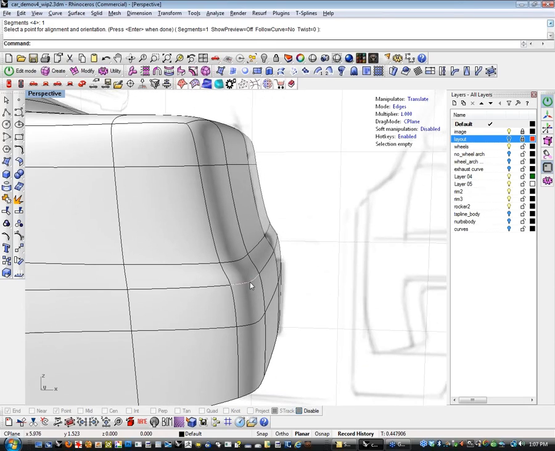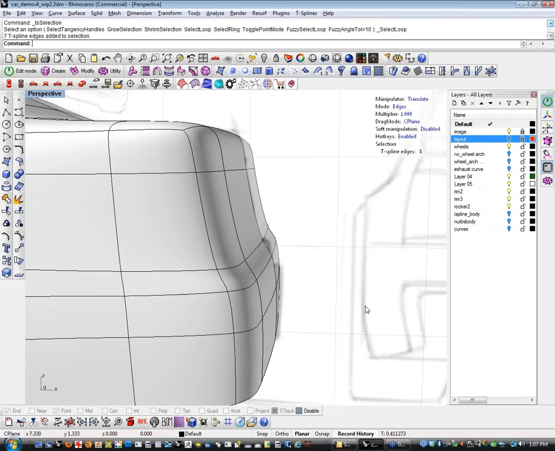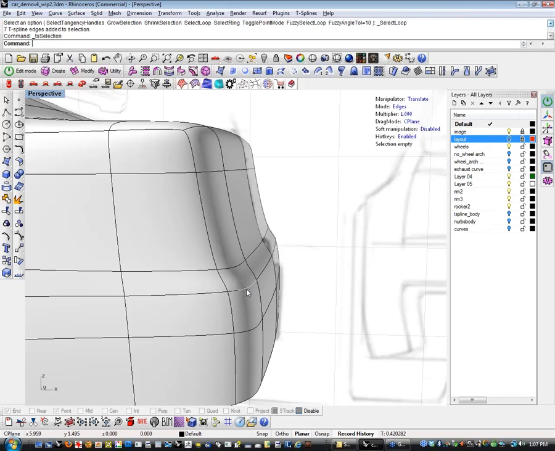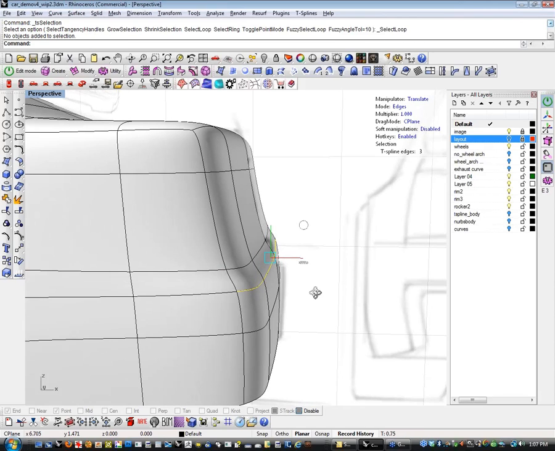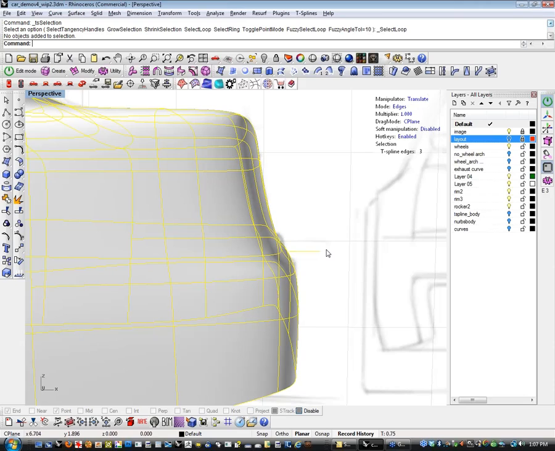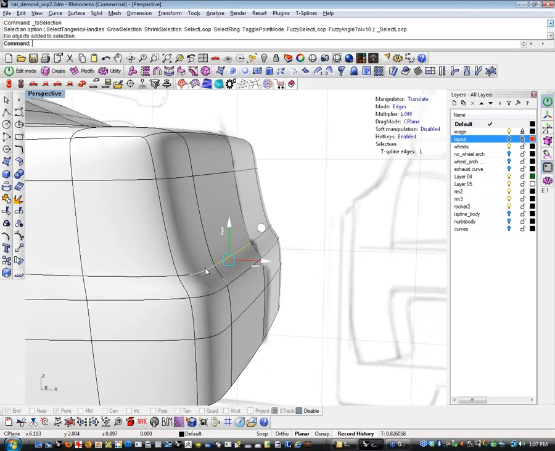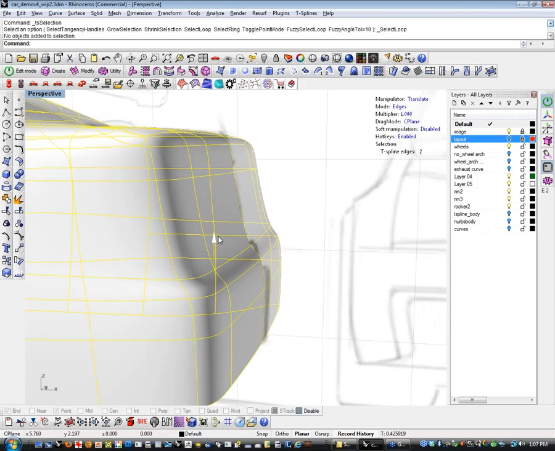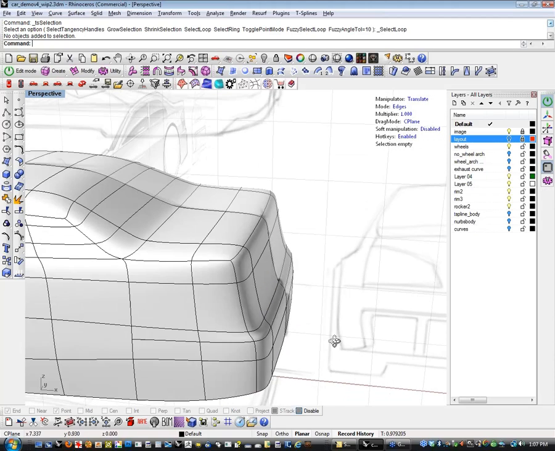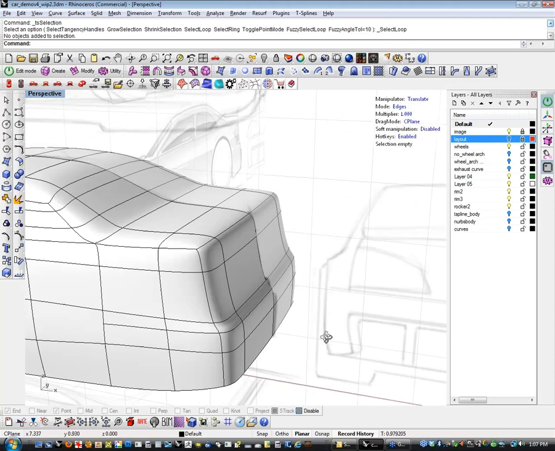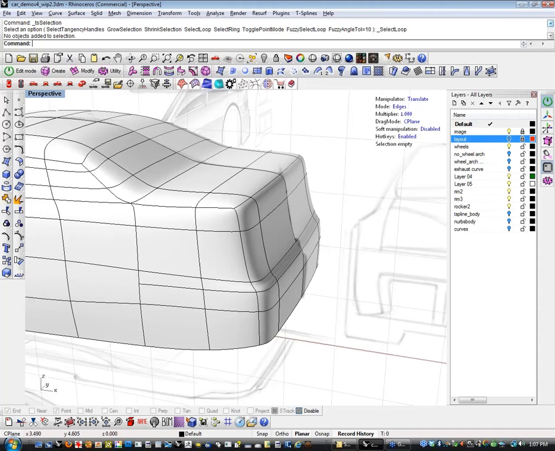And that puts it all back together and gives me the ability now to start defining my bumper. Again, really gorgeous transitions are happening here. You know, if you look at this, if we zebra this thing,